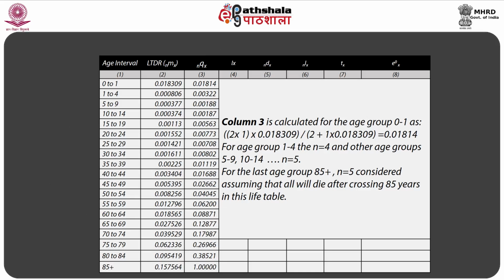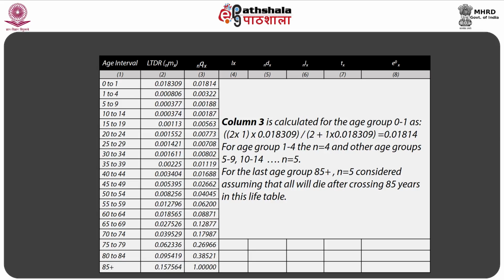Step 3, column number 3 is calculated for the age group 0 to 1 as 2 multiplied by 1 multiplied by 0.018309 divided by 2 plus 1 multiplied by 0.018309 equals 0.01814. For the age groups 1 to 4, n equals 4, and other age groups 5 to 9,